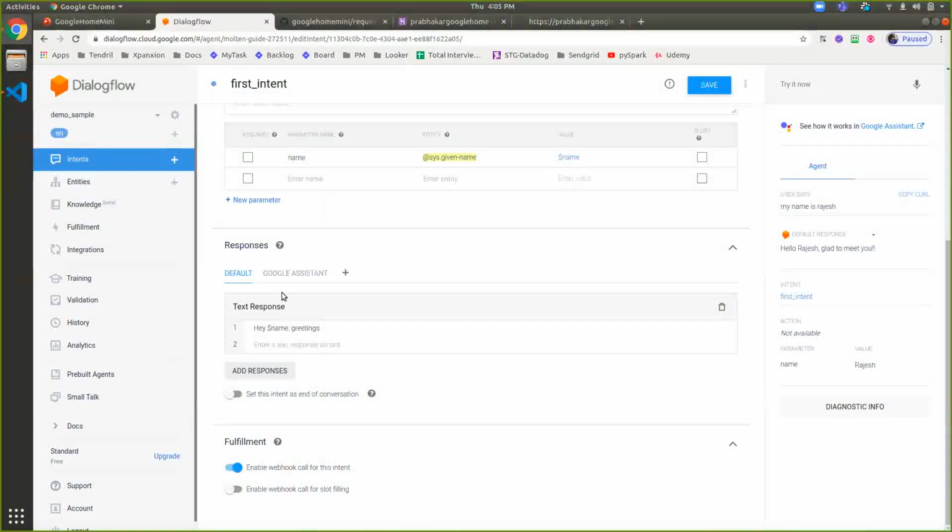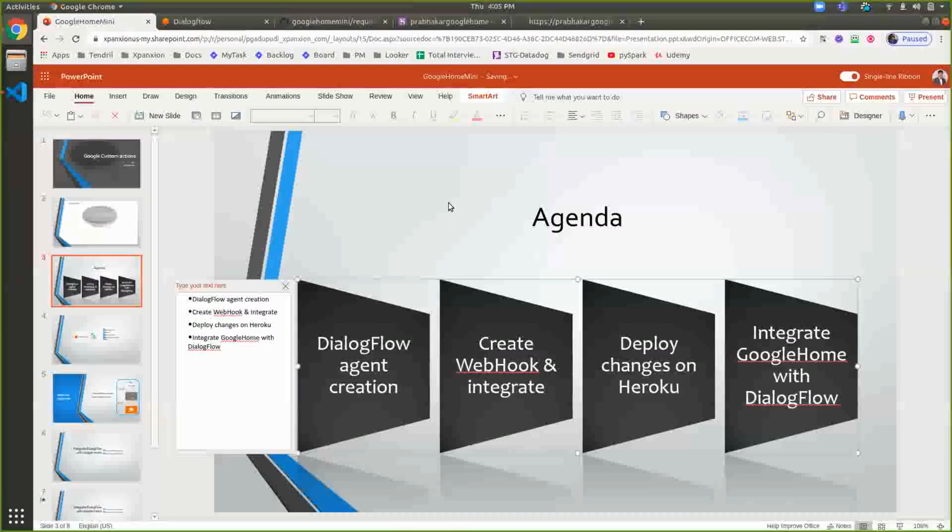Heroku. So this is how we can create an agent inside Dialogflow, where we can perform natural language processing, and we can separate the logic by using a webhook, and that webhook we can deploy onto the Heroku public cloud. The final one is, now I want to test it with my Google Actions and